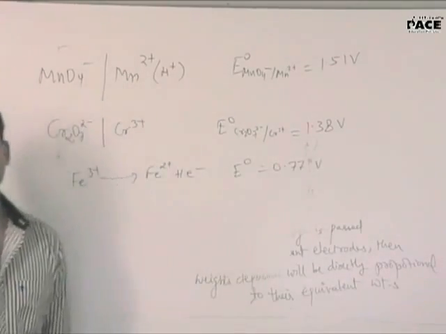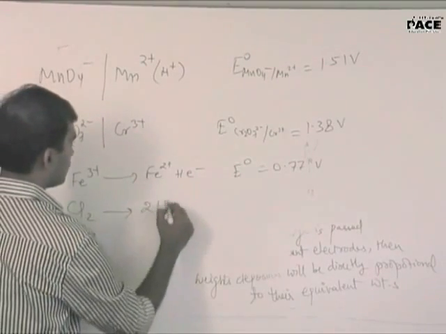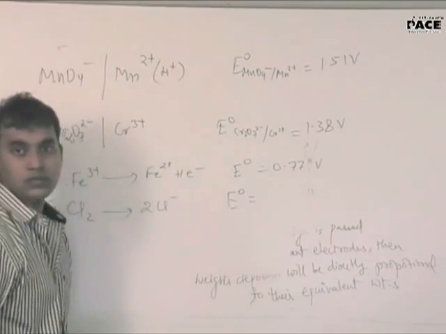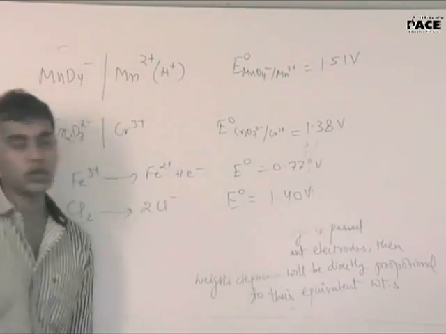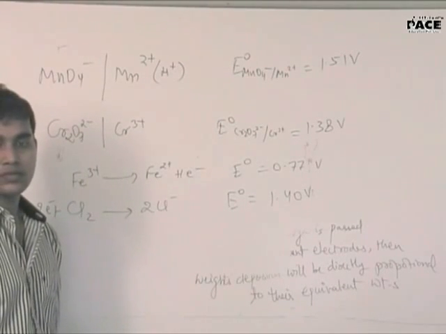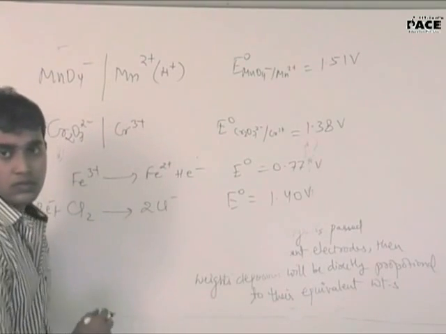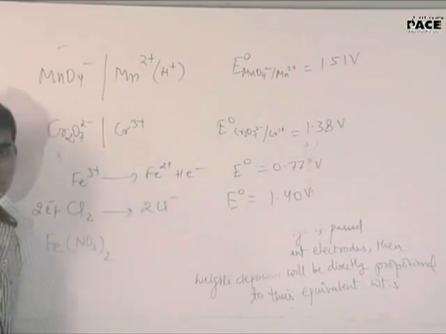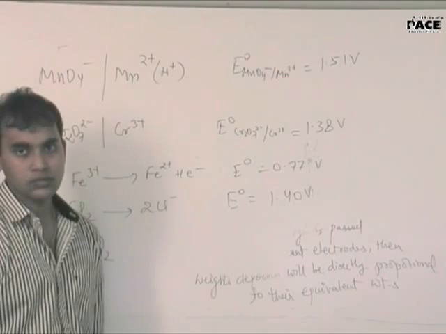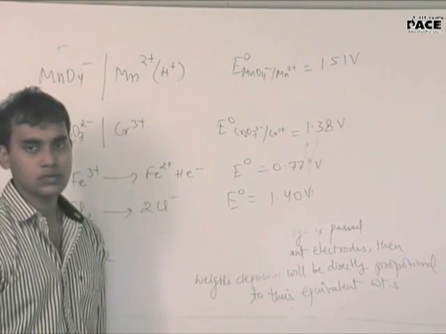Okay. And then, sir, chlorine gas converts into chloride ion. Sir, E0 for this is 1.40 volts. Then it is given for the quantitative estimation of ferrous nitrate, Fe(NO3)2. It is given to mark whether MnO4 and Cr2O7 can be used in HCl and H2SO4. Which are the correct options?